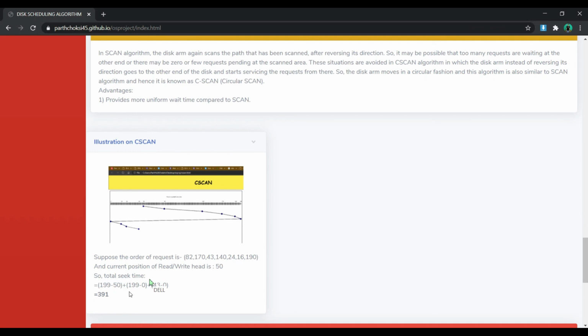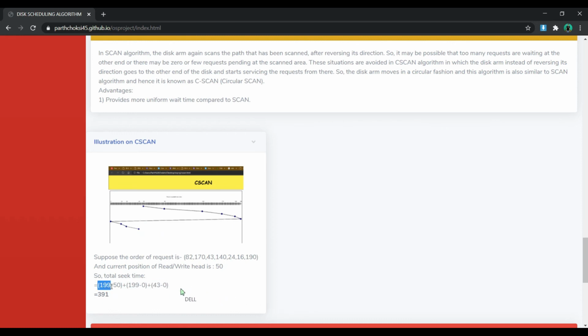Now we will subtract the initial position of the track size, meaning 0, from the last position of the track size, which is 199. Now the third step, we will subtract the initial position from the last served request, which is 43, as you can see here in the graph we have pointed.